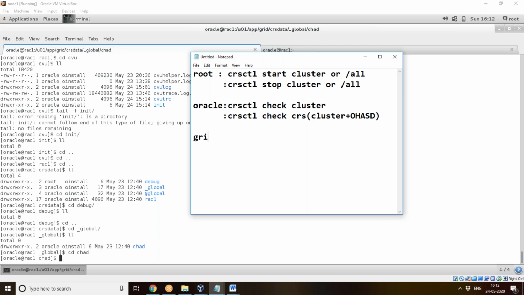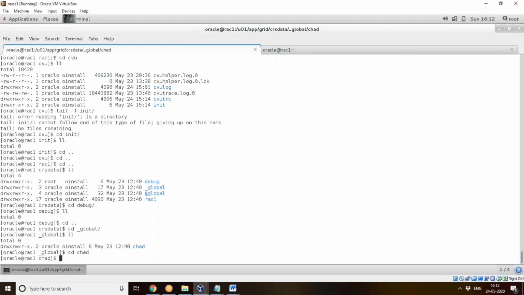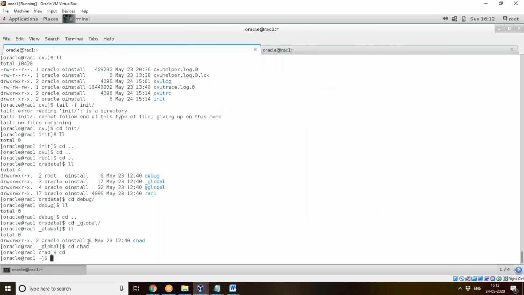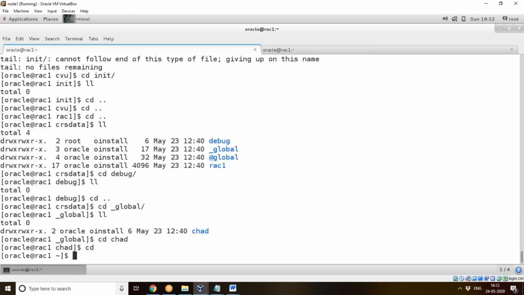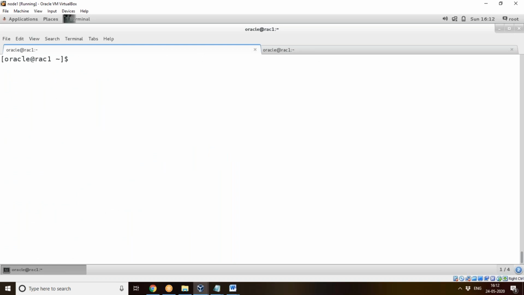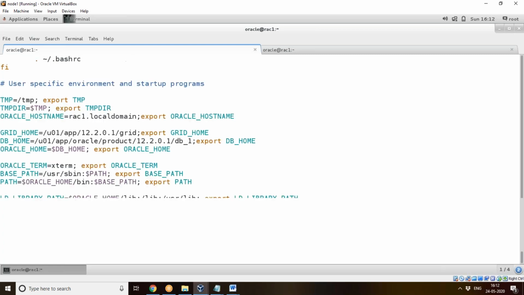Then I have configured my bash profile like this. I'll show you. Let me clear the screen first. vi .bash_profile.